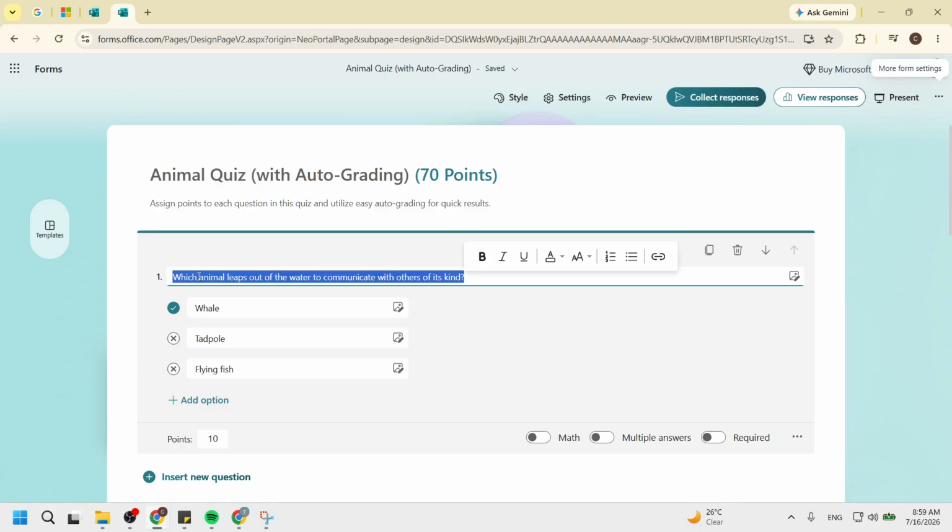This is where the fun part begins, as you will be selecting the specific text you want to change. When you click on the element, it will be highlighted, indicating that it is ready for editing. This step is significant because it allows you to focus on the exact part of your form that needs a color update. Next, use your mouse cursor to highlight the exact word or phrase you want to change.